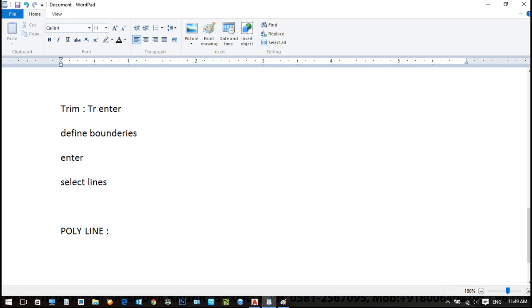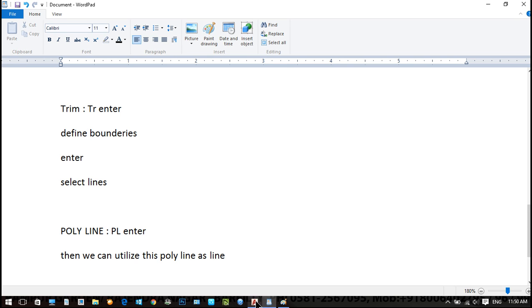But if we need to find out the perimeter of that shape, we utilize polyline. It will work like a line, but this is a connected line. Connected means from starting to ending. When we select the starting line, it will automatically select all the lines. So it will create a polyline shape. The shortcut is PL enter. And then we can utilize this polyline as a line. Means like relative rectangular, relative polar, relative coordinate system like this, like this. So we utilize PL enter and then we can utilize this polyline as a line.